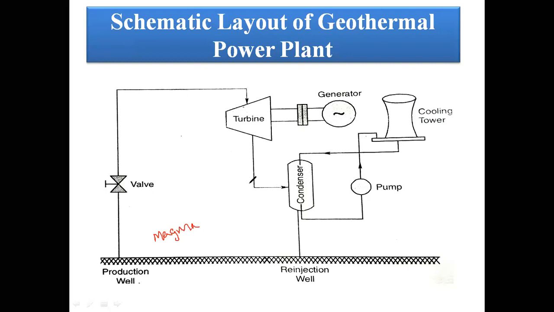Generally in the geothermal power plant, this is available only in the rock lamp, in a few places. The temperature there is very high, from 150 to 300 degrees centigrade or more than 300 degrees centigrade. Actually, here we are using two bore wells. In one bore well, we are injecting the water. In the other bore well, we are producing the steam, that is, taking the steam.